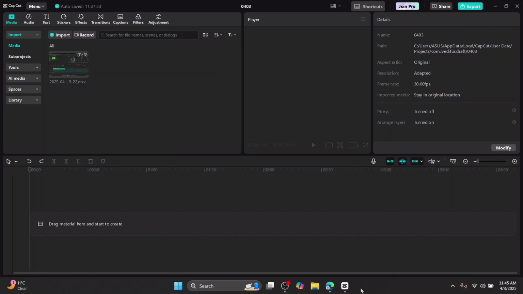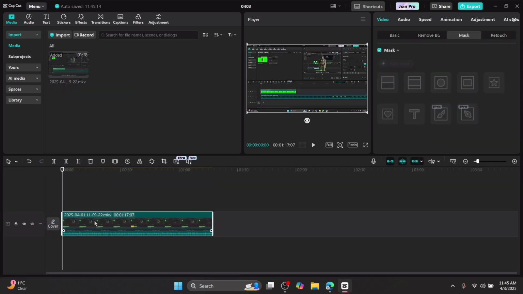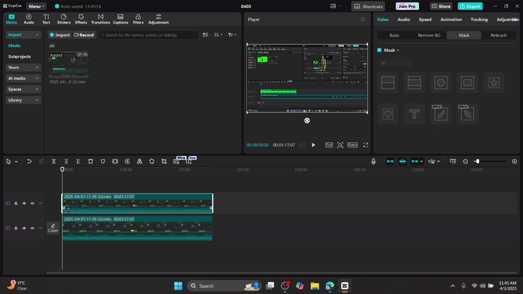How to blur a video on CapCut. First of all, open CapCut on your PC and you can load any video you want. Just go ahead and drag it down, copy the video and paste it. Once you do that, just go ahead and tap on the second video and